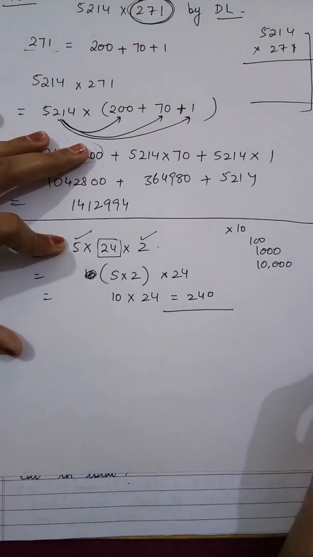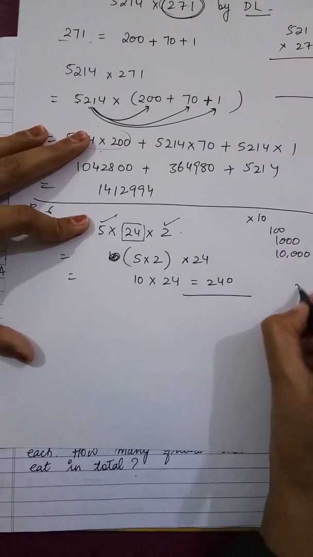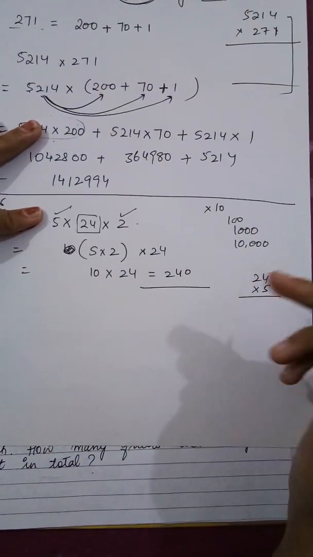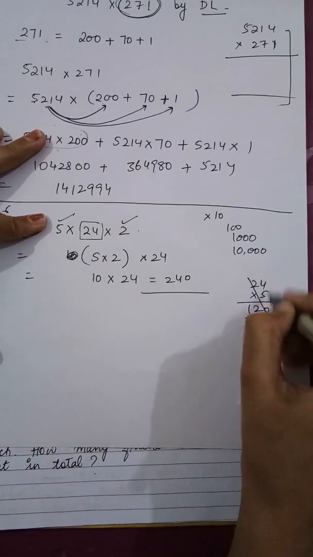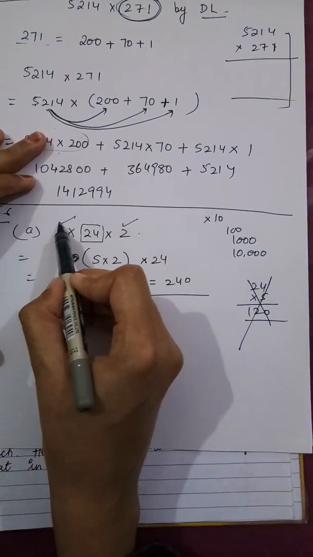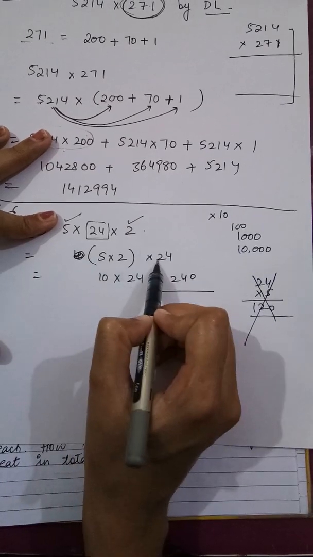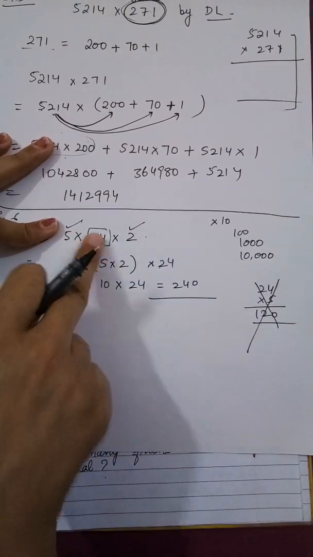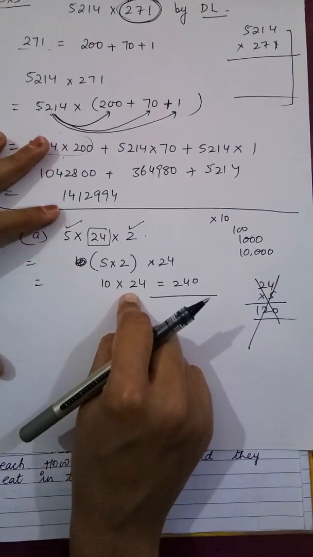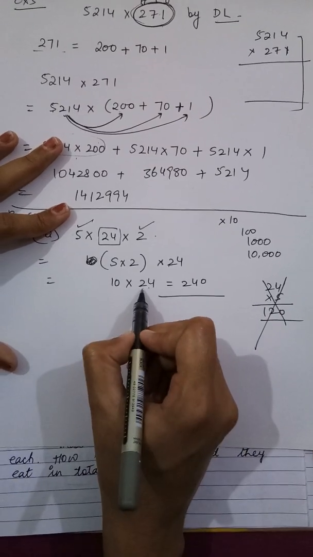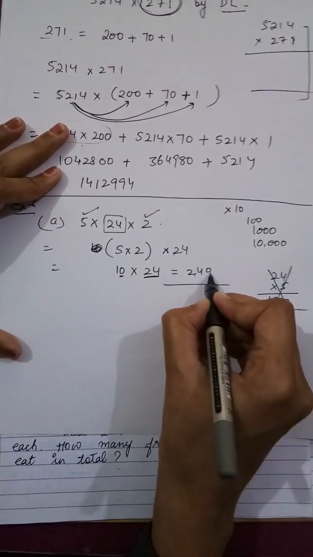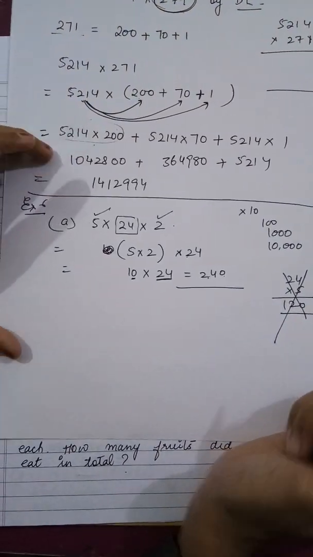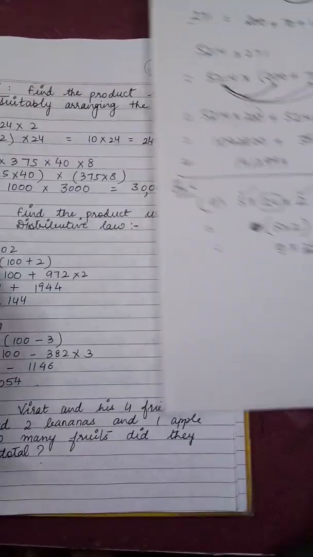So simple it was. If I'm going to multiply 24 by 5, you are going to firstly see while multiplying it like this, you will be doing it, but instead of doing like this, what simply I know is 5 2s are 10, I have paired 5 and 2 together and then 24, and when I have to multiply any number with 10, I know I can write this 24 as it is, and as many zeros are there I'll put with that. Okay, so now let's move to B part.